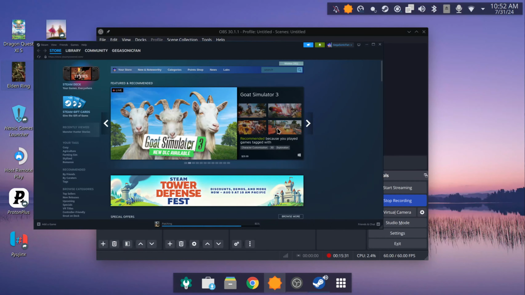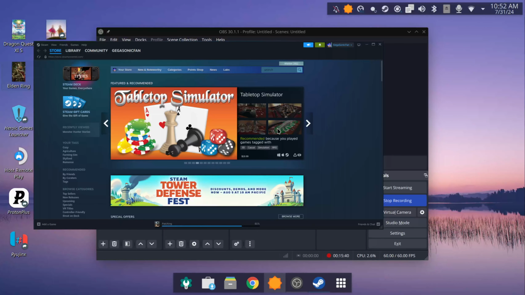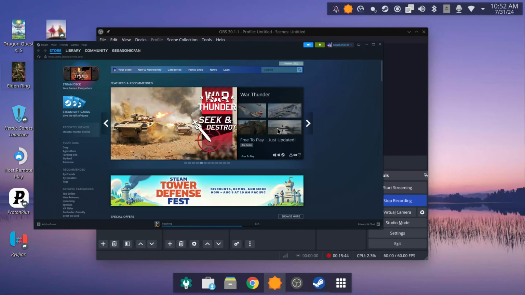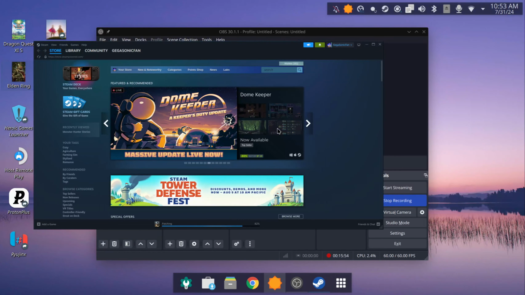So if you like to use big picture mode, and you have an NVIDIA graphics card, chances are you're not going to be able to use it because it's going to be way too laggy. So yeah,